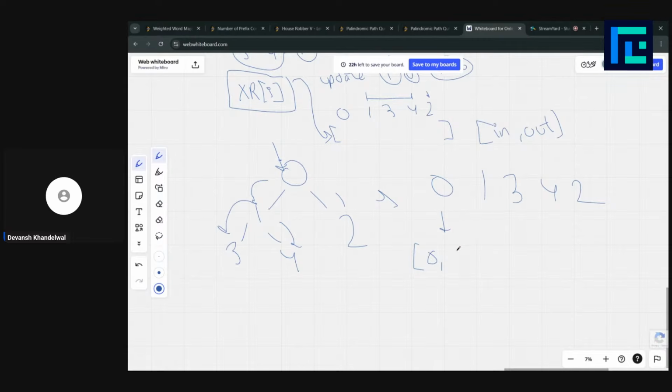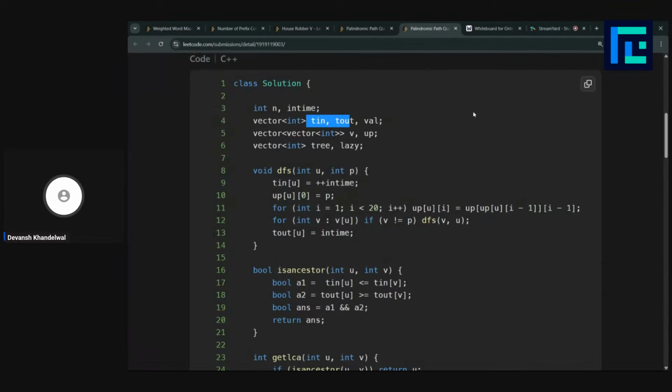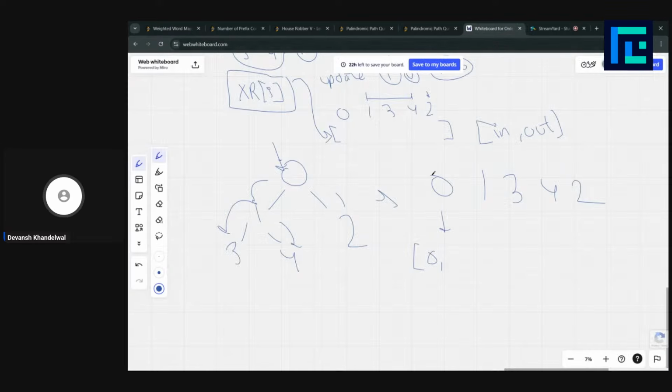So each would have some out time. So out time would be, at 0 we are at 1, 2, 3, and 4, and then we came back. So yeah, 4, right? We entered at 4, and then we came back.